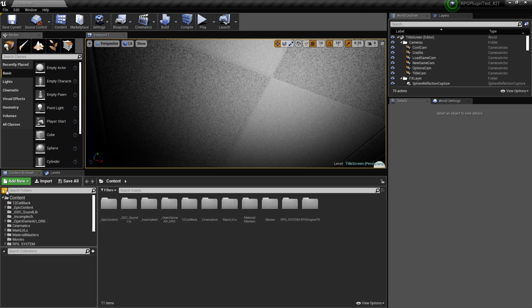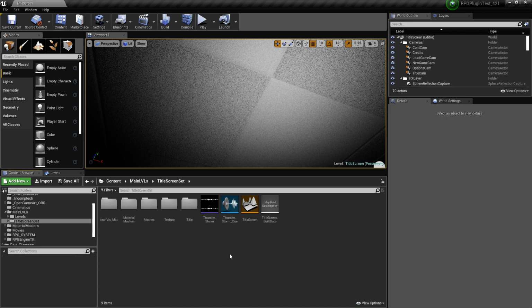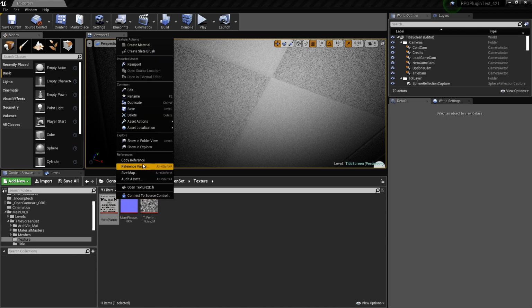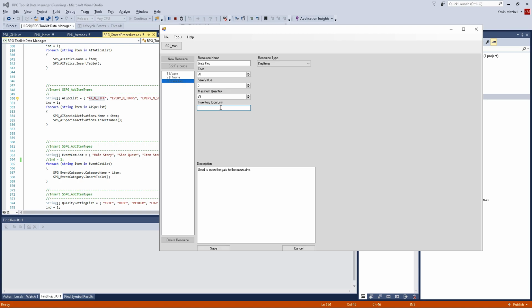If we go and look at any texture that's in here, anytime you right click a texture and you go to copy reference, it's going to get the actual reference of that texture within the content browser space, and you can paste that here. And what this will do is when you load this resource, if for some reason you want to specifically